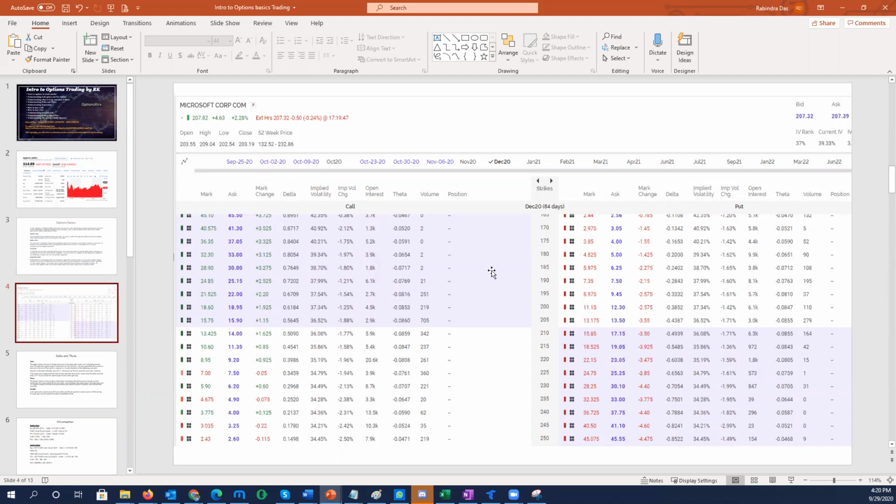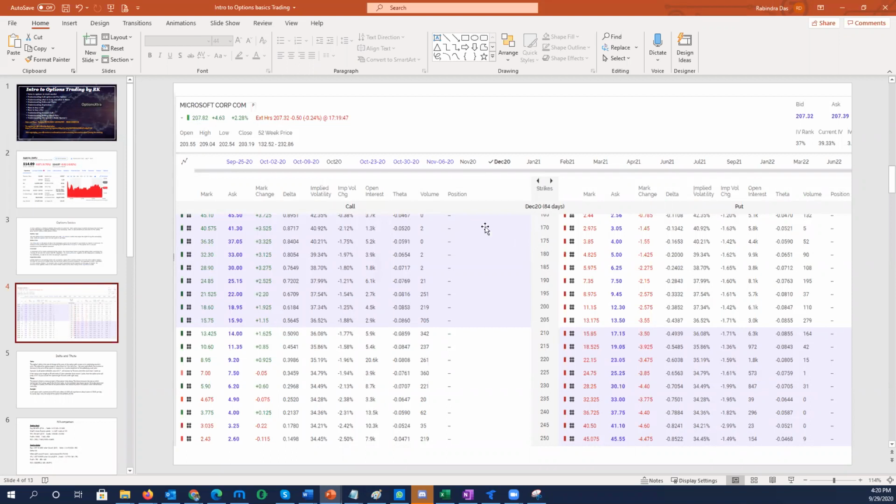So that's the difference between call and put. Call is for when you're expecting the stock to go up, put is for when you're expecting the stock to go down. If I'm expecting the stock to go up, I'll buy a call. If I'm expecting a downturn, a market down scenario, then I'll consider buying a put.